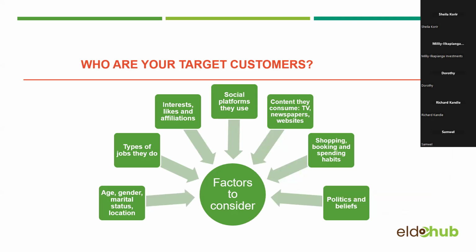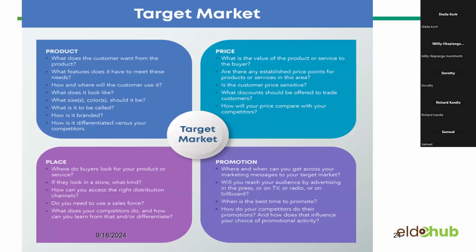And then to know your target customers, you have to consider the following. We have talked about segregating by gender, the kind of work they do, their interests, their political beliefs, shopping, all of those. So be able to know who your specific customers are. I will not delve much into that because we have discussed this so much. So for the target market, hapa hivi wametumia the four P's of the marketing mix.